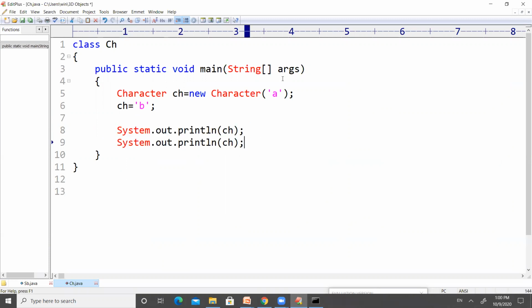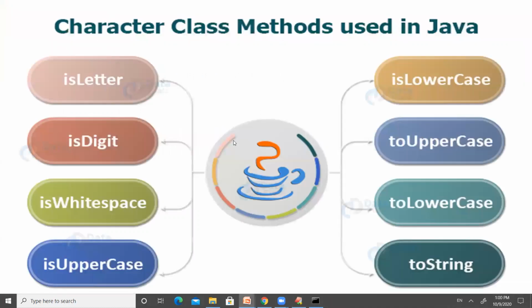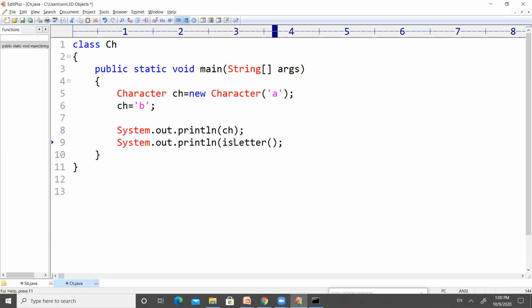Now let us use this one, is letter. What we are going to check is ch dot is letter. The thing saved inside ch, we have a, and it was modified with b.